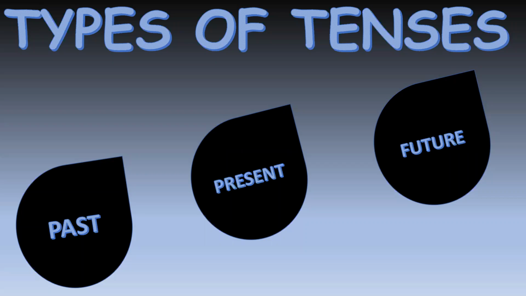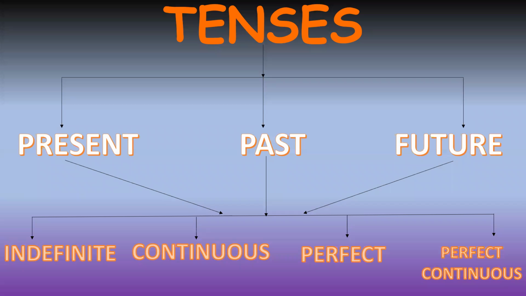So now this was the light or the basic concept of tenses. Now we are studying tenses in reality. That means in actual sense with the syntax. So we have seen till now that tenses are of three types: past, present, and future, which further has four types. That means each of the tenses, present, past, and future, has their four types: indefinite or simple, continuous, perfect, and perfect continuous. See, we have seen that indefinite tense is the simplest tense. That means it will only have either S or ES